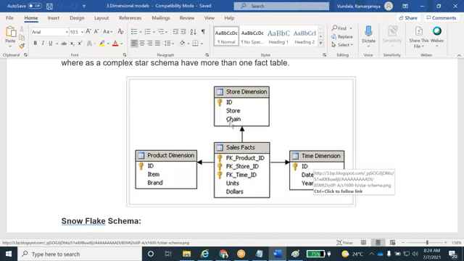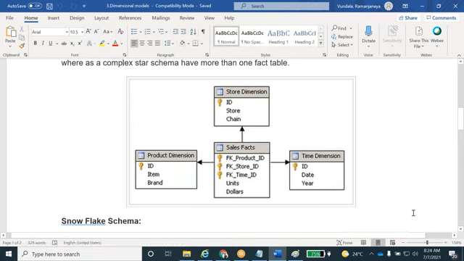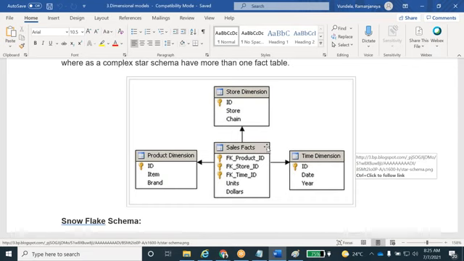Any doubts, guys? Here, star schema. Okay, so they will ask in the interview what is a star schema. For star schema, you have to tell them that a star schema is one centralized fact table connected with multiple tables. It could be one dimension or two dimensions or three dimensions or 10 dimensions also. Okay, one or more dimension tables. Okay, that is a star schema.